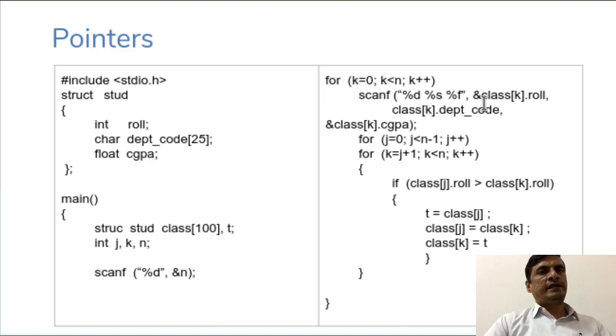While accessing it, you need to understand why this ampersand is present here and why this ampersand is not present here. Because it is a character array, you need not mention the ampersand. That is the intention of this program: when to use the ampersand and when not to. This is an integer or float, whereas this is an array, so it is going to store directly into this address. That is why you don't use the ampersand. You need to understand that, but the rest of the program is simple.